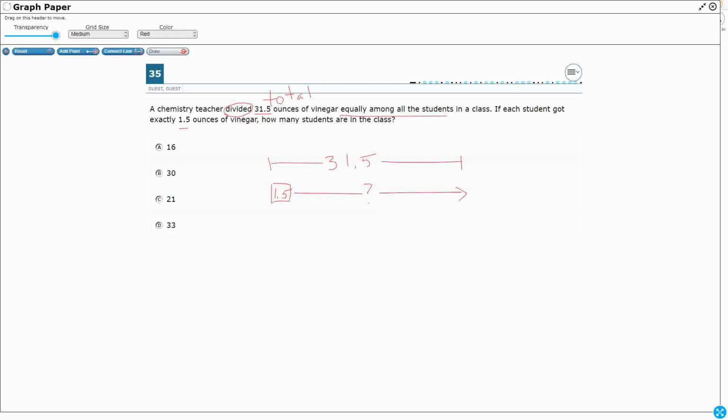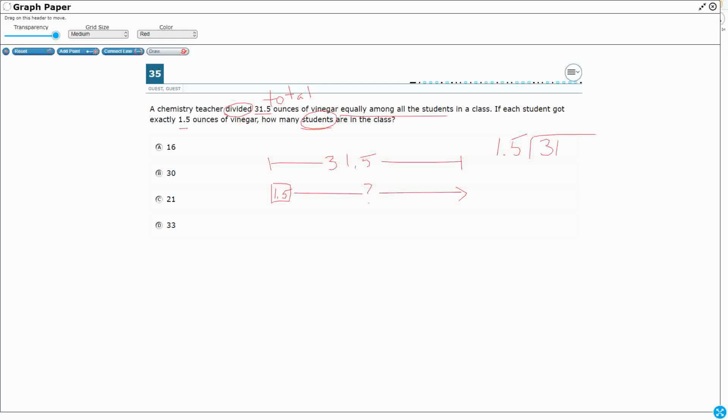And it's going to need to be even, because look at the question, how many students are in the class? It needs to be a whole number, not a decimal or any remainders or leftovers, because you can't have decimals or remainders of students. So we're going to have a whole number here. And so we're going to divide. When we're looking at this, we're looking at 1.5